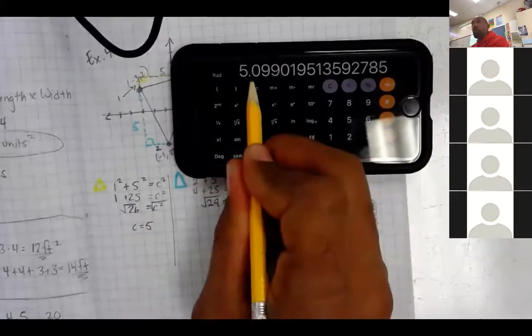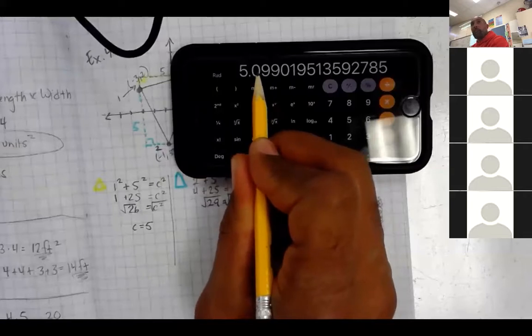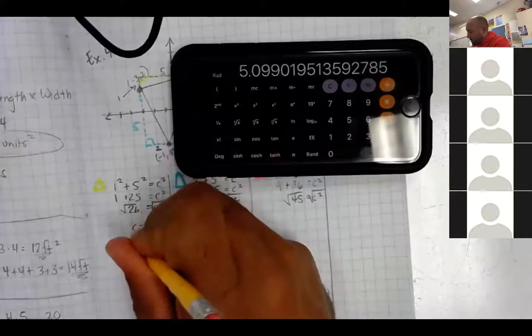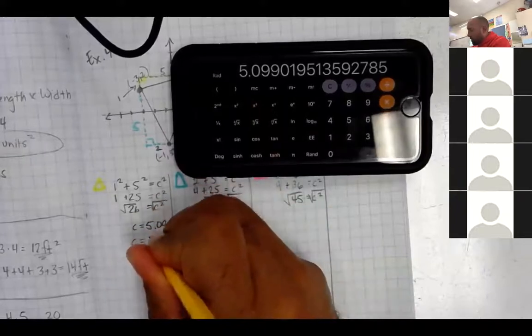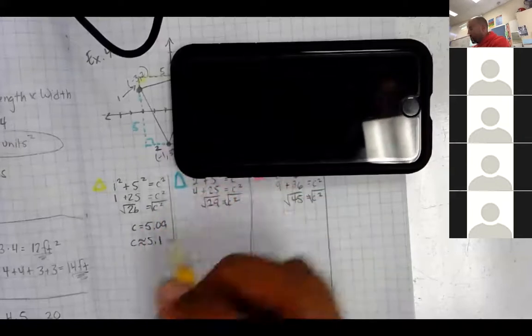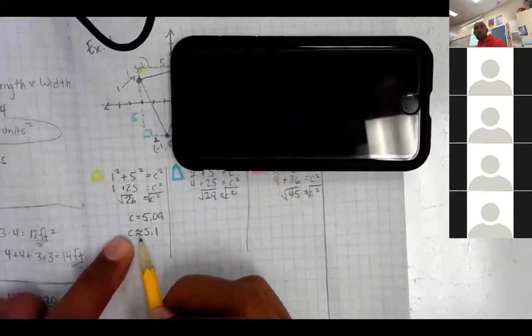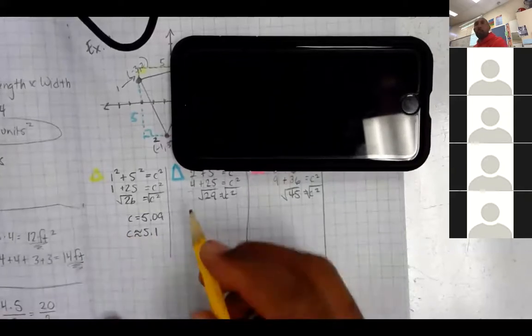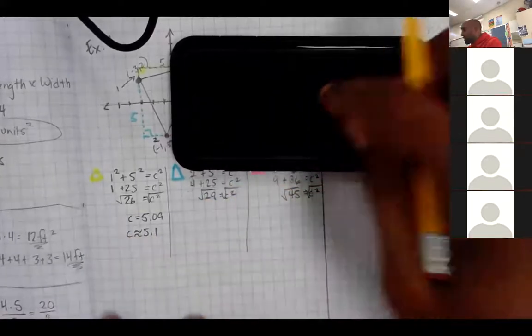So I look at the 9. The 9 rounds the 0 up to 1. So I'm going to write 5.1 here. And when you round, you write these little wavy symbols, okay? So you write a little wavy symbol like that. All right, so then I'm going to do the same thing here